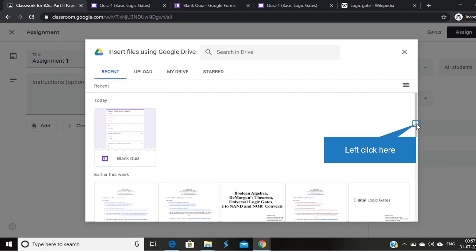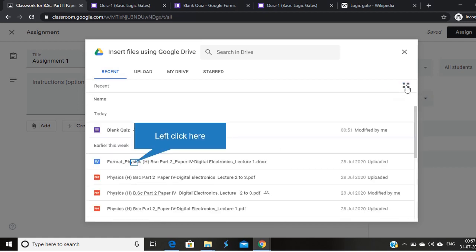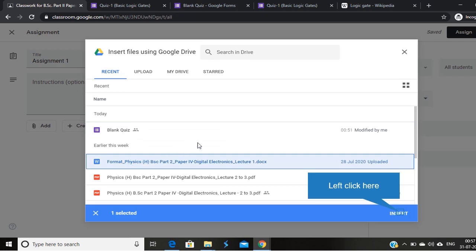So you can also select a file from Google Drive to upload as an assignment. Now select the file. After selecting the file, click on Insert.